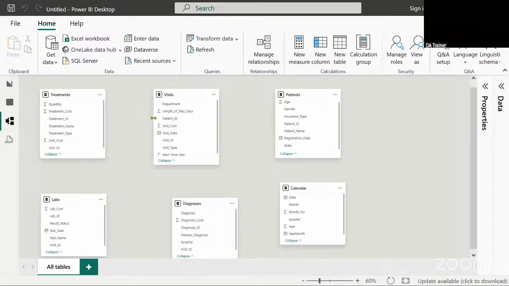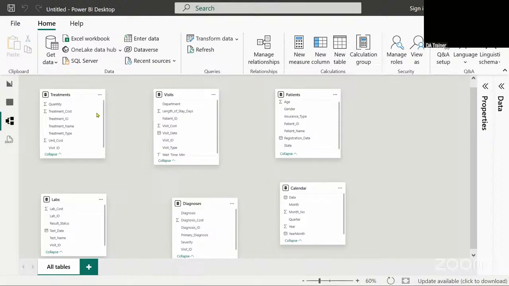Assuming I only have the visits table, I will not have some other information that may also warrant the creation of beautiful views. So we need to make some connectivity to all these tables in case I want to do, number one, my DAX calculations,